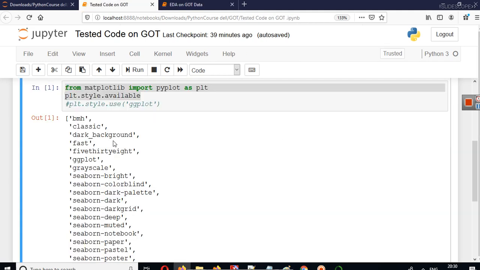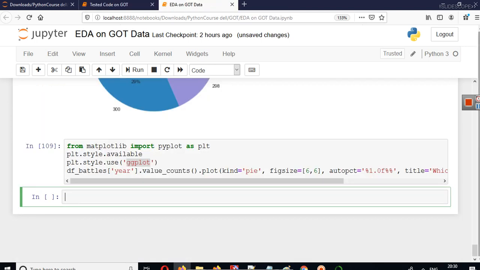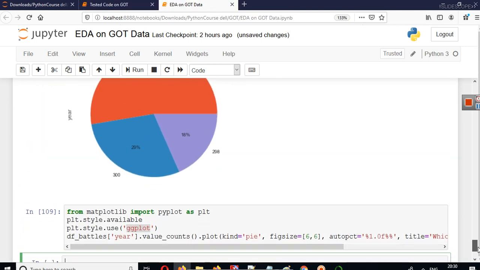Again, these are some names that we can use. We tried ggplot, so why not choose and try 538? You can take it as your homework also. If you are performing analysis with me, you can try these different types of styles, because we can download these images and use them in our projects.